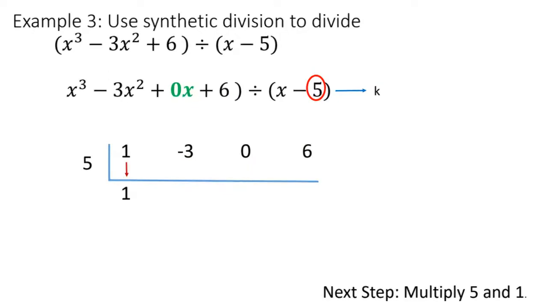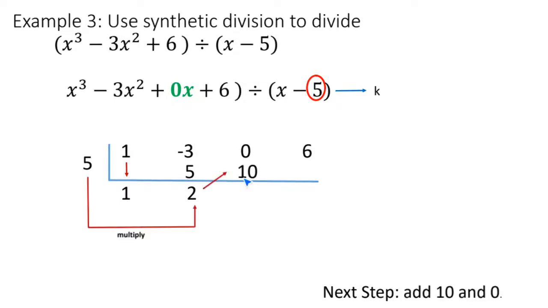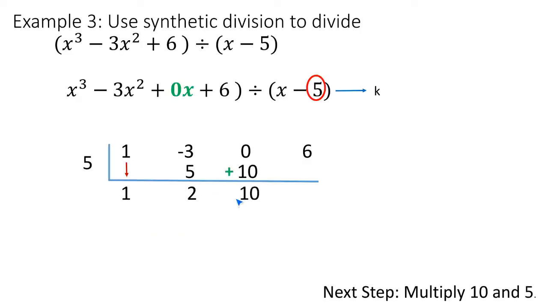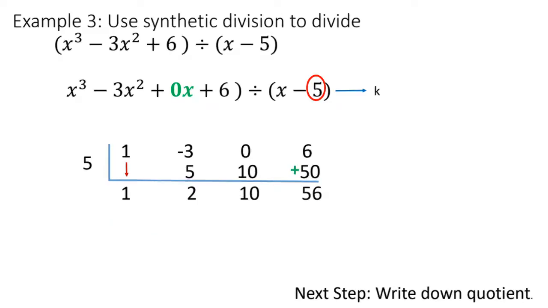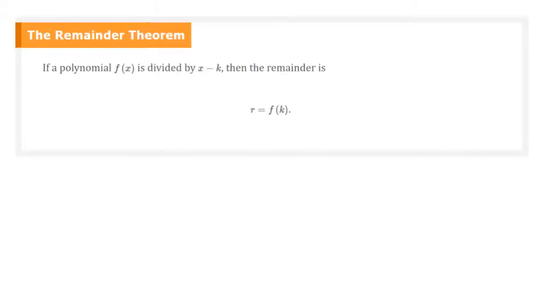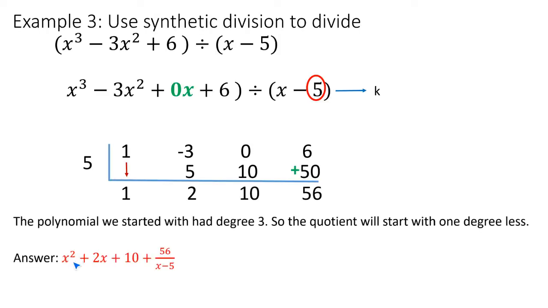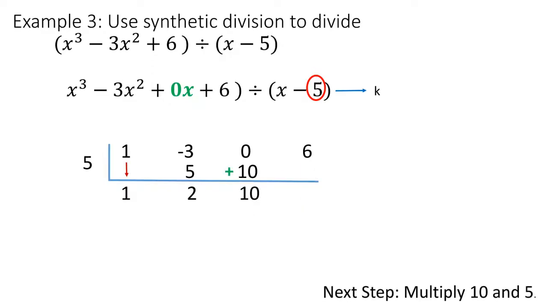So we start the process, bring the 1 down, times 5, and then add the -3. So that gives me a 2. 5 times 2 is 10, plus 0 is going to be 10. And then 5 times 10 is 50, plus 6, 56. And so our quotient is going to be, oops, I went too fast, x squared plus 2x plus 10 plus 56 divided by x minus 5. Okay, so let me go back just so I don't leave you hanging here